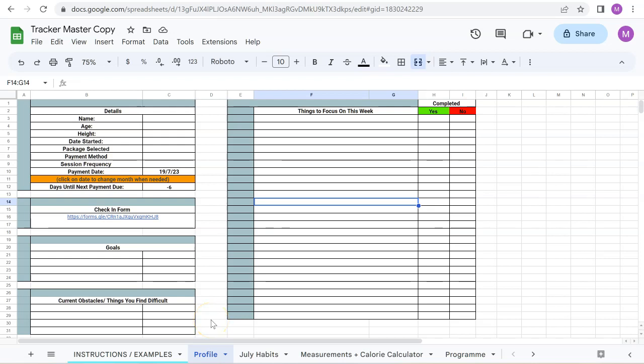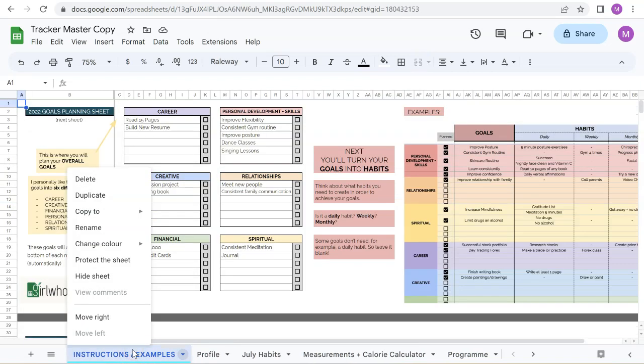So, going through your tracker. Your first tab should be the profile tab. Now, for any of you who have still got the instructions examples one, that was something I put in at the start, but I thought I was deleting it by hiding it, and apparently it's still on some of yours. So if you just right click on the tab and delete it off, so I'm deleting it off